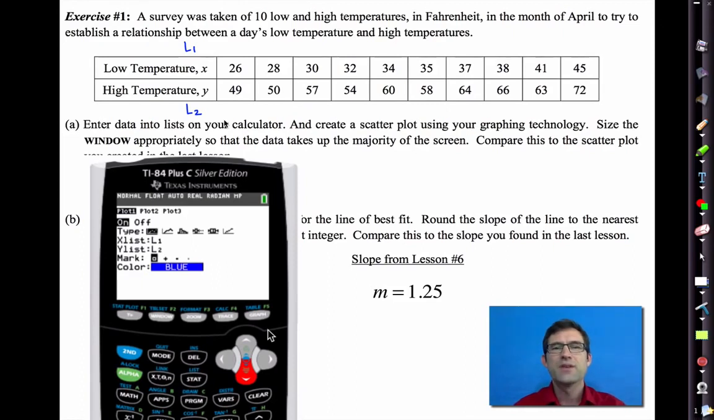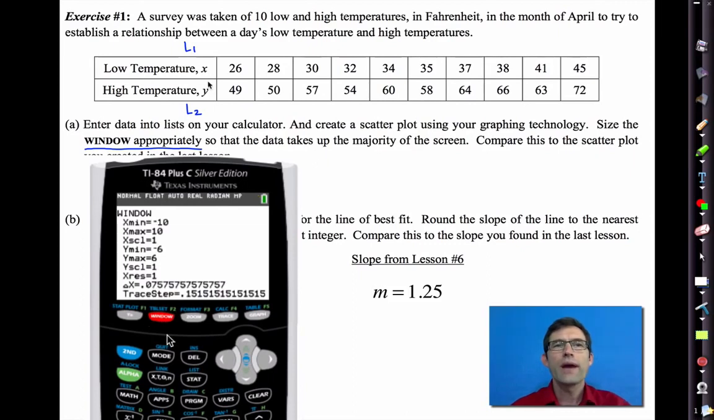Okay? So I've got that all set. I still need to set up my window. Now, how do you choose an appropriate window? Okay, well, this is what I do. All right, let's pop into the window right now. Let's go second window. Okay, what I do is I literally look for the smallest value in my low temperatures,